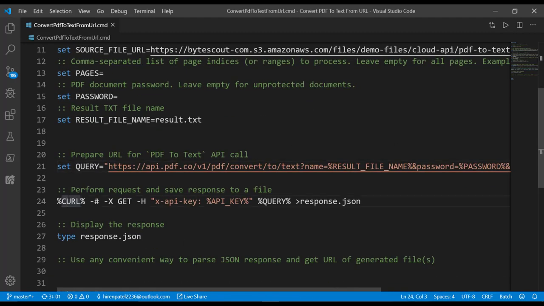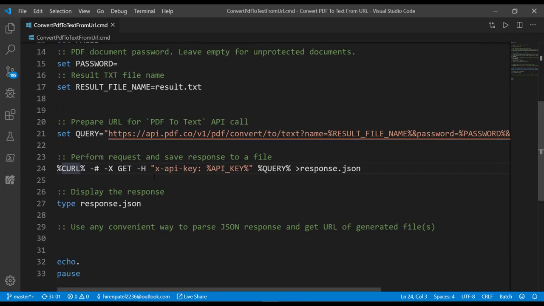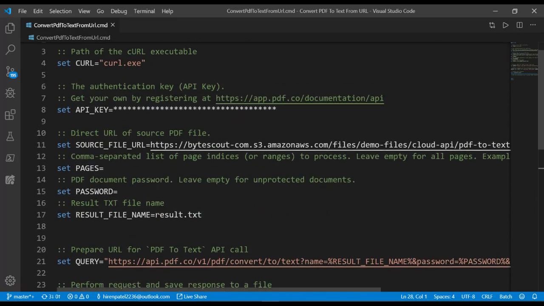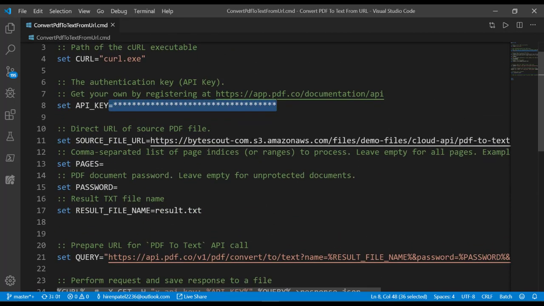Here we are basically going to execute it. curl represents the executable file, curl.exe, and we are providing the API key in the headers, and we provide the query, and whatever response we get, we want to store in the response.json file. Okay, let's get started. I'm temporarily going to pause this video and update the API key here.